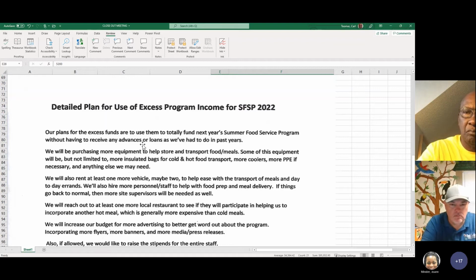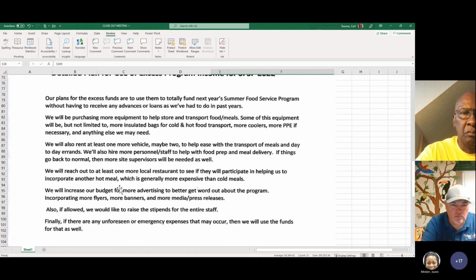Some of this equipment will be, but not limited to, more insulated bags for cold and hot food transport, more coolers, more PPE equipment if necessary, and anything else we need. We will rent at least one more vehicle, maybe two, to help ease the transport of meals and day-to-day errands. We'll also hire more personnel, staff to help with food prep and meal delivery.